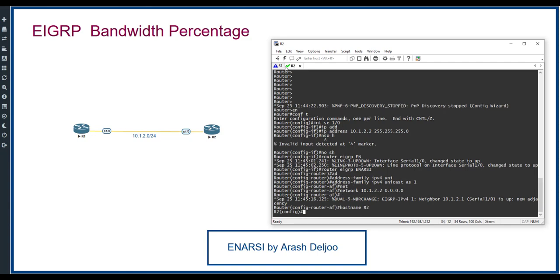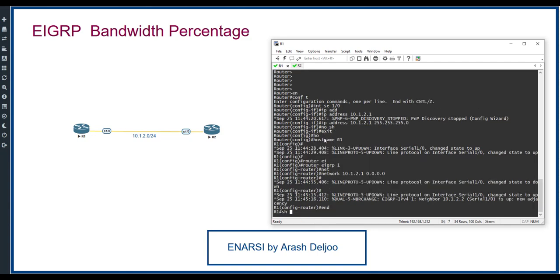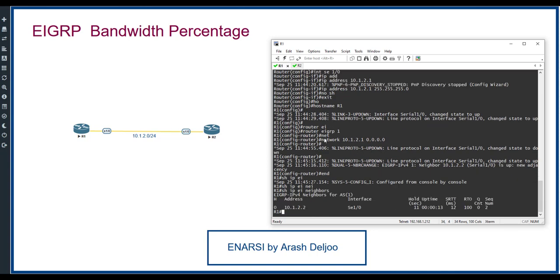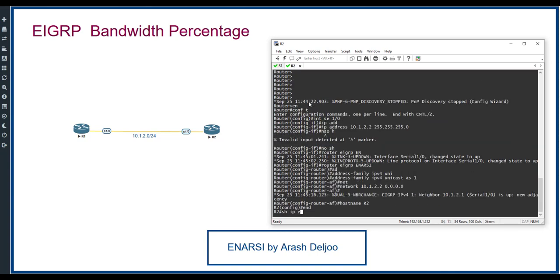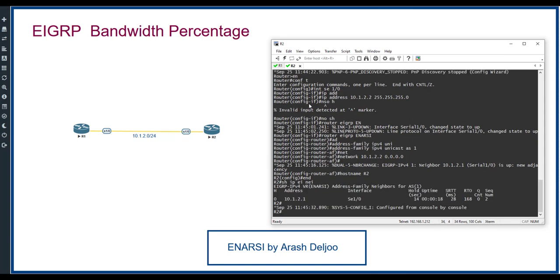Let me show you the neighborship. On R1, show ip eigrp neighbors. We have a neighborship with router 2, and also on router 2, show ip eigrp neighbors, and after that, as you can